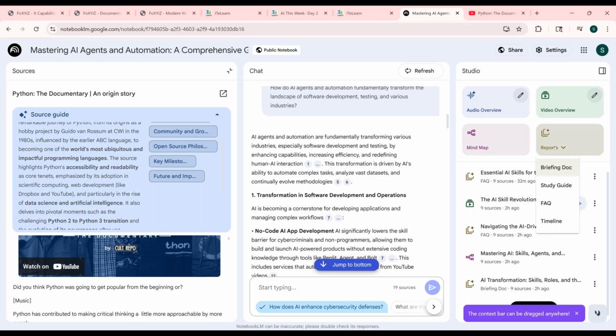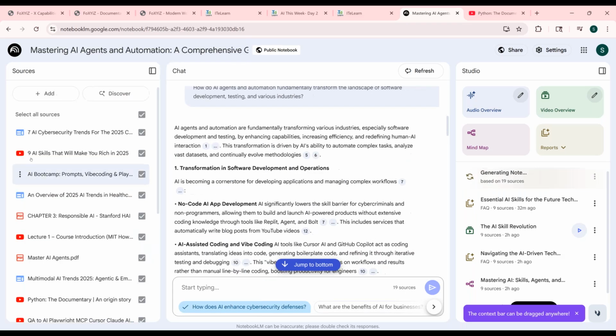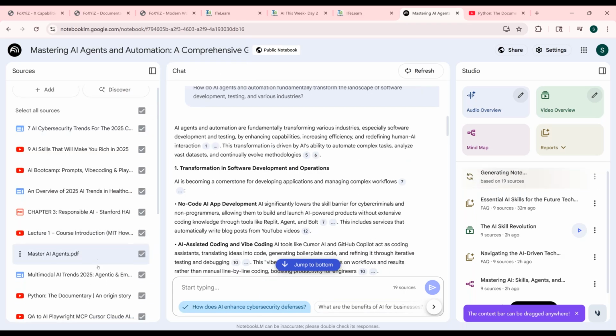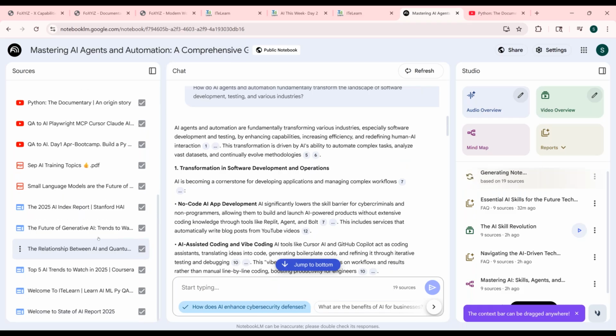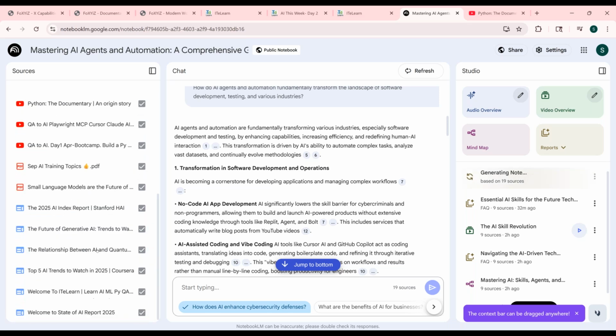Once you generate, you should be able to say, even if I'm not logged in, if I say timeline, it is generating it. So I can go to my section and see. So timeline is basically, if there's one video, it can give you the entire timeline. I don't know how it will do it now for when there are so many documents and videos in it. All right. I think it added some more sources because I said discover. But that is how you continue to play around.